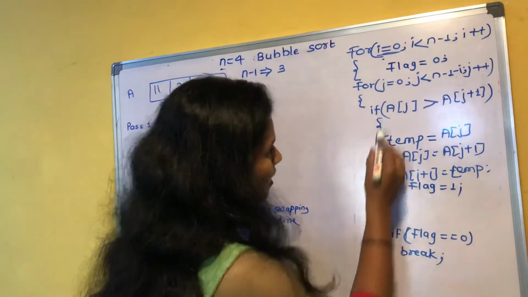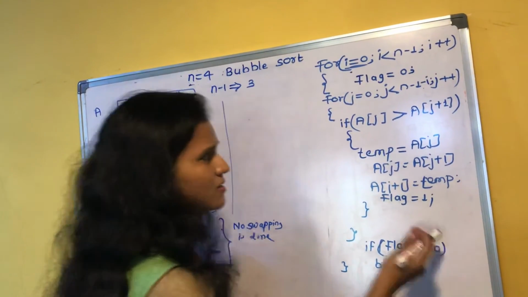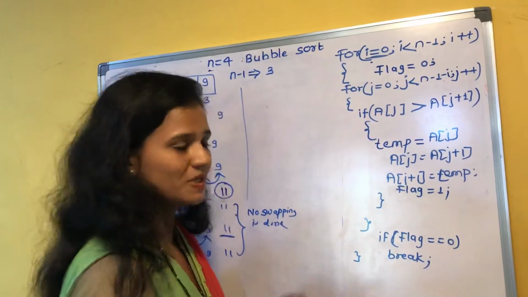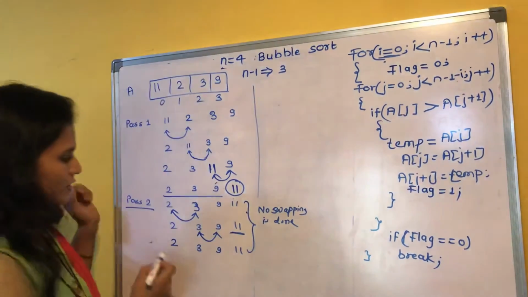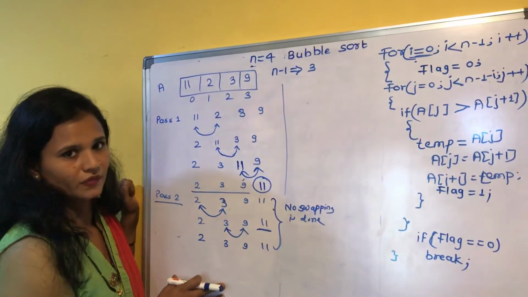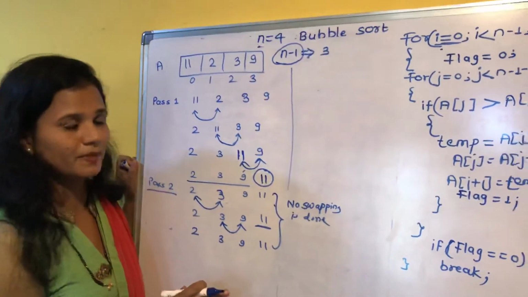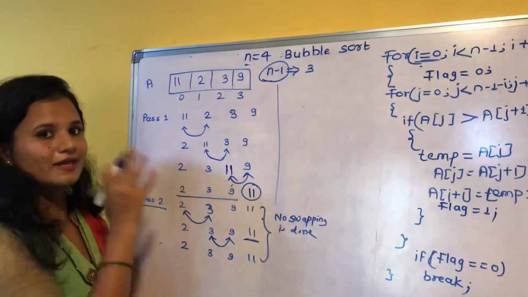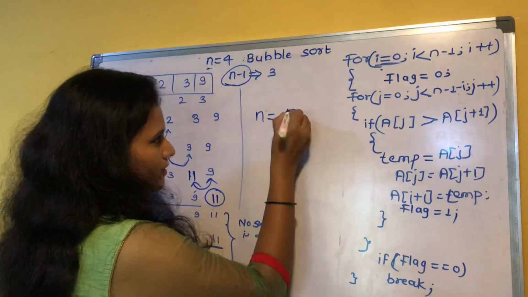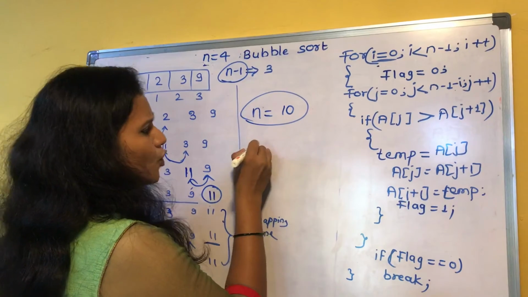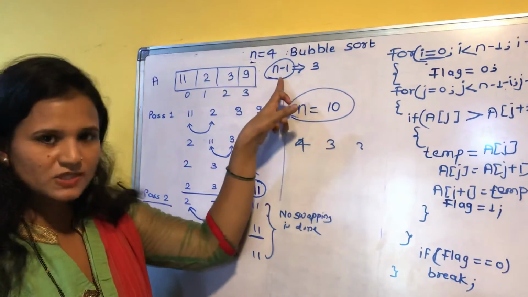So in this outer loop we will check whether the flag equals 0 or 1. If flag equals 1, it means swapping is done. If the flag remains 0, it means swapping is not done. So there we should stop bubble sort, and we'll get our sorted array in the same pass. This is the condition: n-1 passes will be required at most, but it may happen that the array takes fewer passes than that. If the number of elements is 10, then those 10 elements may take only 4 passes, only 3 passes, or only 2 passes also. So at max it will take n-1.